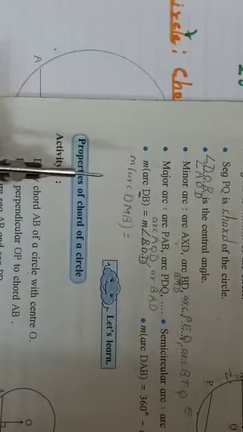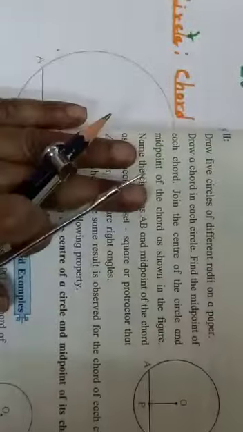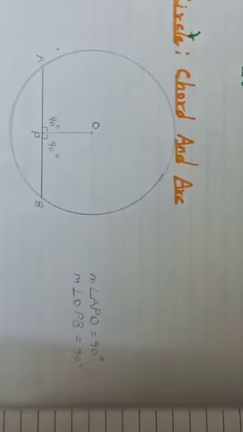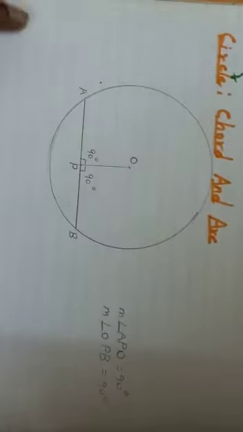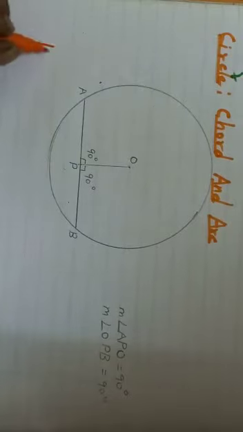See, what's the heading here given? Properties of chord of a circle. So if these properties you have understood, then any example you can understand. So again, you have to draw in your notebook, write these measures, and also write the statement here that the segment joining the